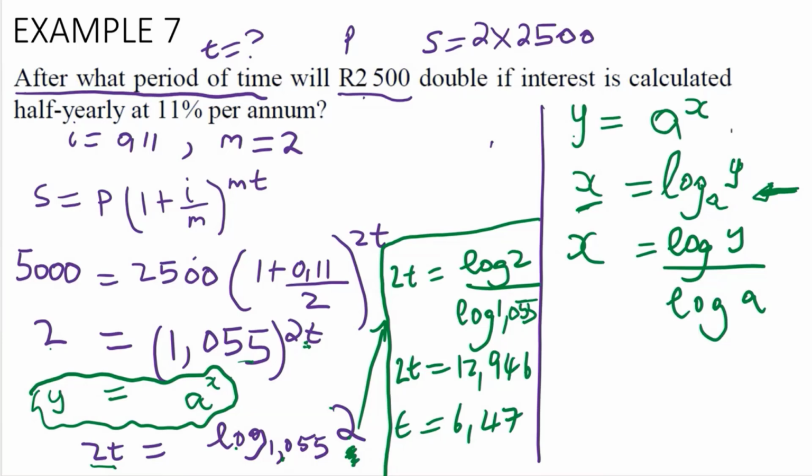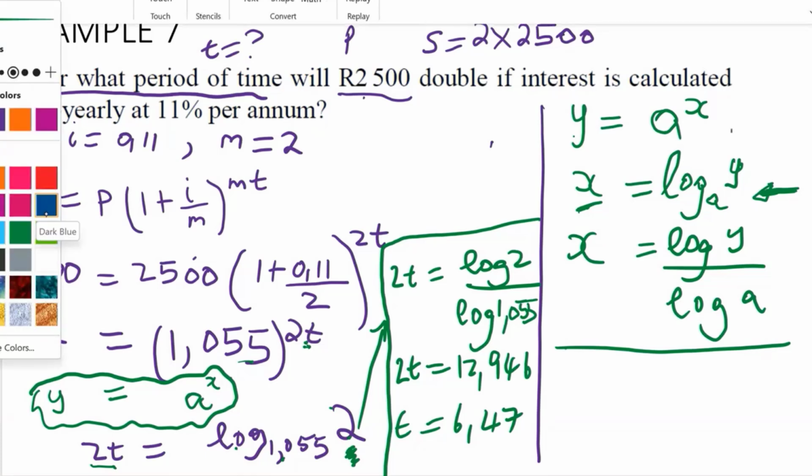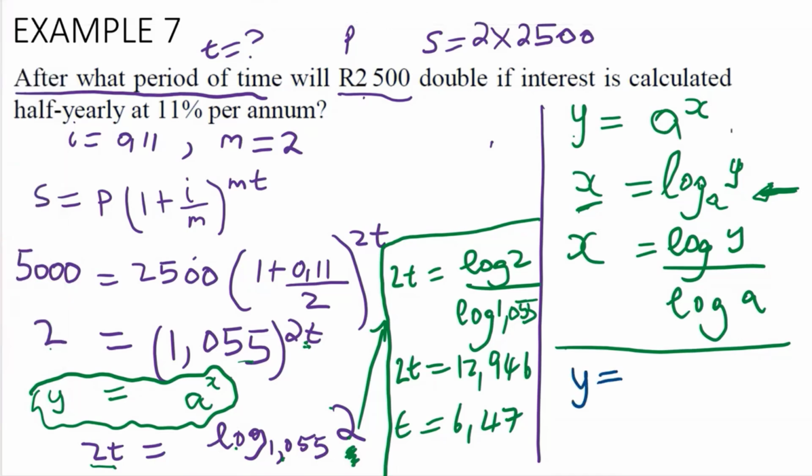Okay, so let us use the one of a natural log. Let me get a different pen. For the natural log, you would have y is equal to e to the power x. So for you to solve for x with the natural log, your x is going to be equal to ln y over